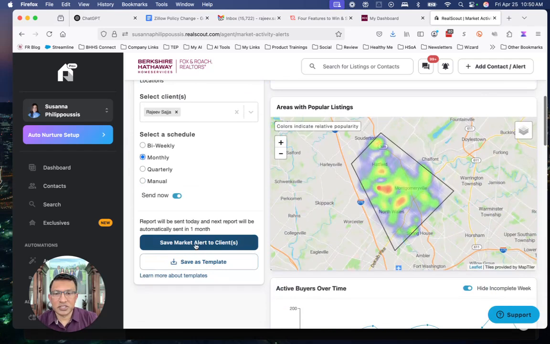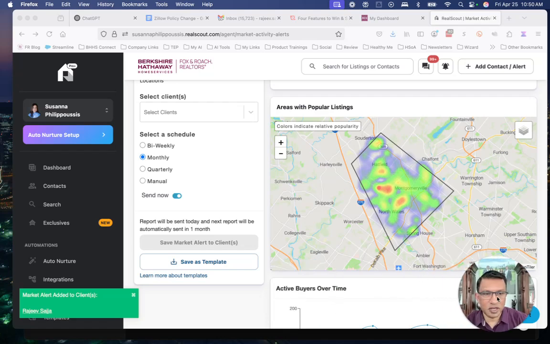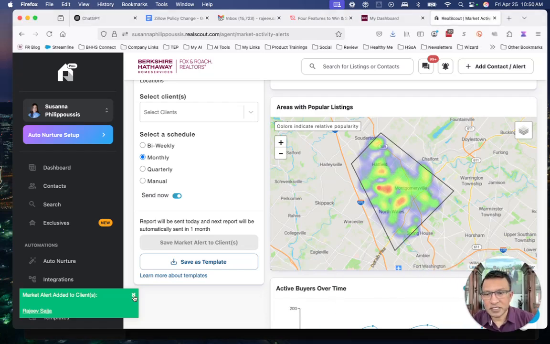And I'm going to go ahead and just save that to the client, and you're done for that client. So especially if you customize it, they have more inclination to open it, right? So that's tactic number one, market activity alerts to move the needle with clients that are maybe thinking about selling and you're not maybe sending an item of value, okay? So it's the first way to win listings. Let's talk about the second way, okay? Second is